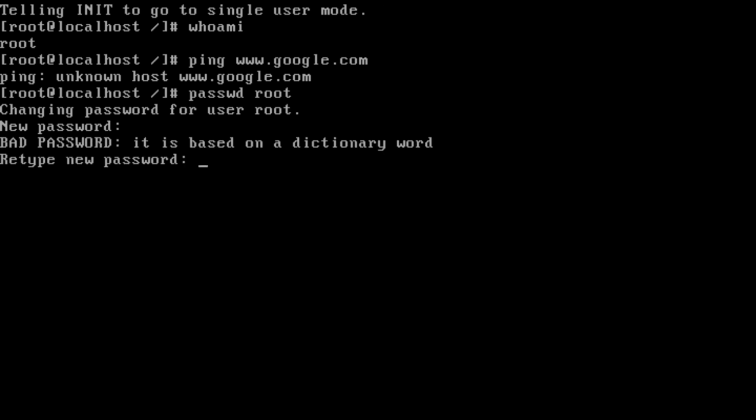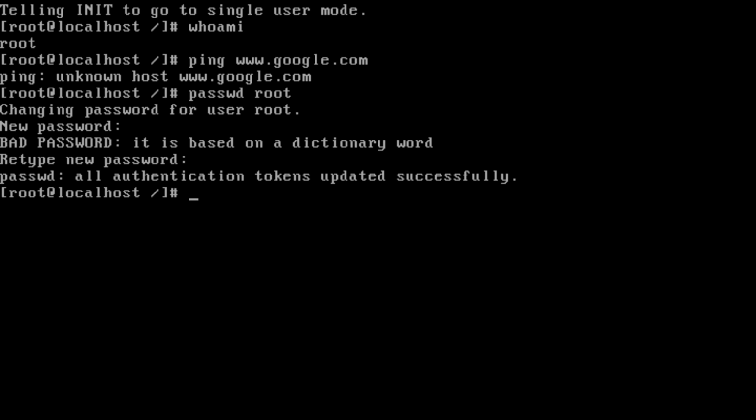So I'm going to change it to another weak password. Okay, so look at this. I have now changed root's password. See how that works? Very, very dangerous. And here's why this is so risky and why you need to be aware of this, is because if a